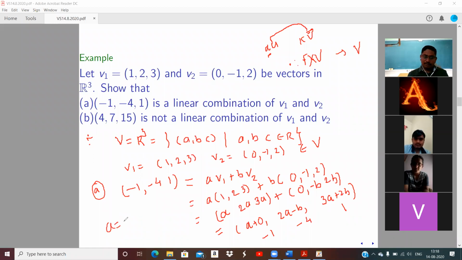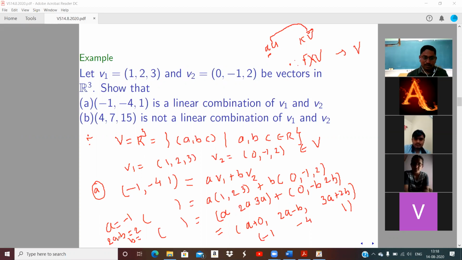Once you get the value of A as -1, just compare the two points, because you are writing them equal. When 2 points are equal, by the equality definition, A has to be -1. Once you get A equal to -1, 2A minus B implies 2A minus B is 2. A is -1, so what is the value of B?